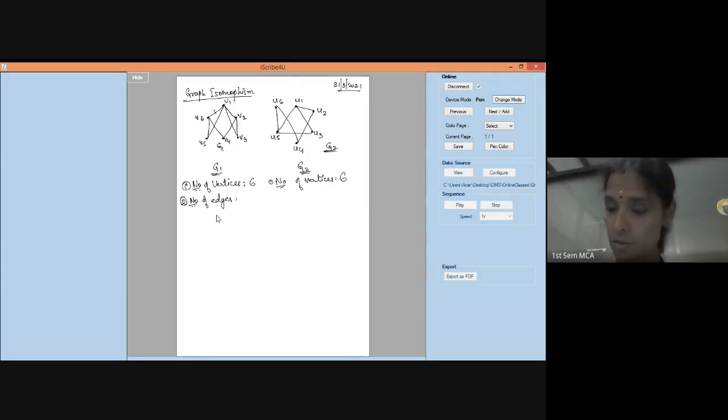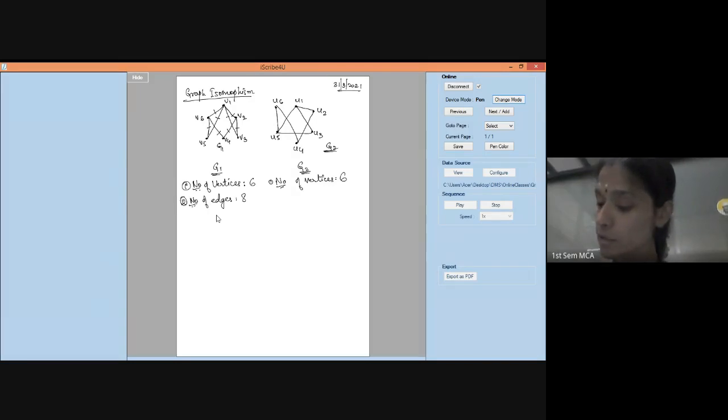1, this is 2, 3, 4. I'm just marking it so that I don't miss out any edges. You can also do that, because just by looking at it and counting, sometimes you may recount the same edge or you may miss counting one of the edges. So don't do that. So 1, 2, 3, 4, this is 5, this is 6, let us say 7, this is 8. So we are not left with any more edges. So my number of edges is 8.